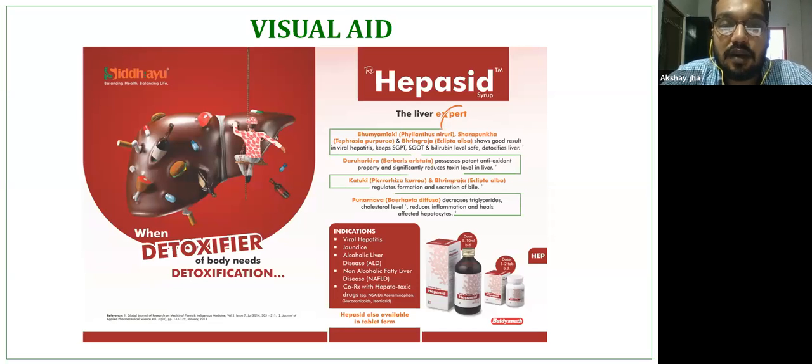So what happens is a medical rep meets a doctor at least twice a month, and over the year they'll meet at least 30 or 40 times. And in those 40 times, they have to talk to the doctor about this product. So whenever the medical rep is meeting a doctor, this particular thing which we call a visual aid acts as a reference point whenever I'm talking to the doctor, right?